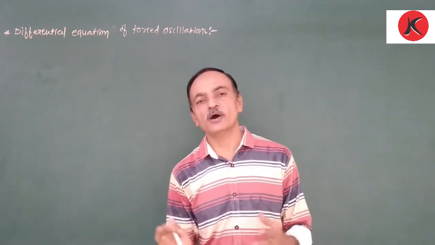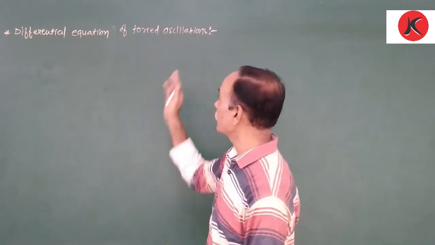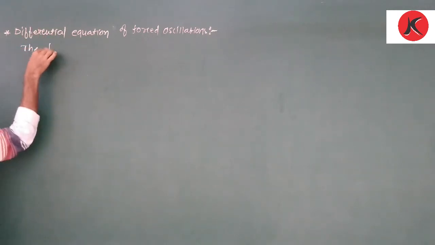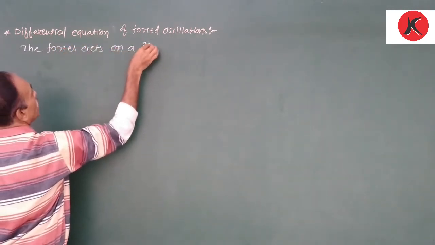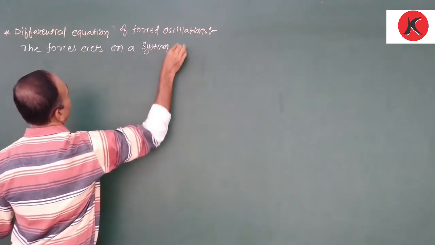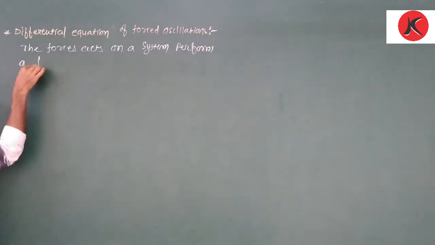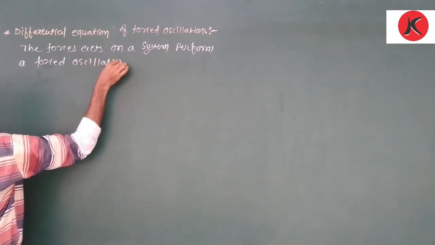First we have to mention how many forces act on a system performing forced oscillation. Therefore, the forces acting on a system when it performs a forced oscillation are,